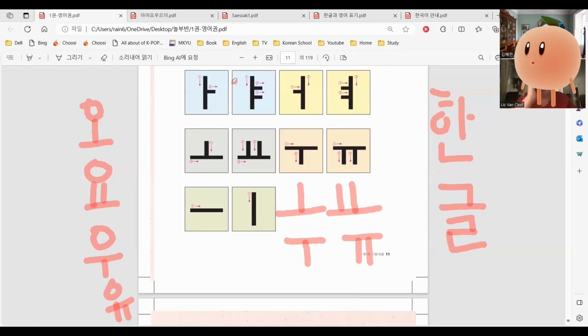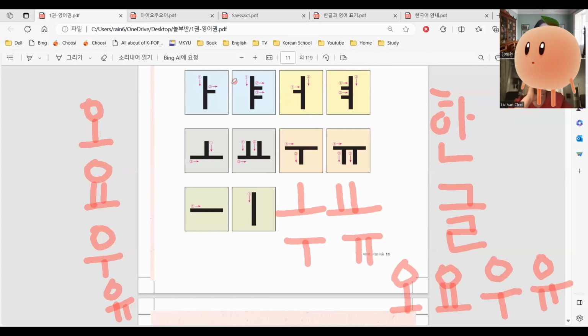But if you point like that, 오, 요, 우, it's not easy, and it's not comfortable. So the natural way, and